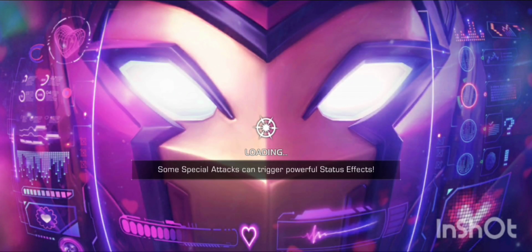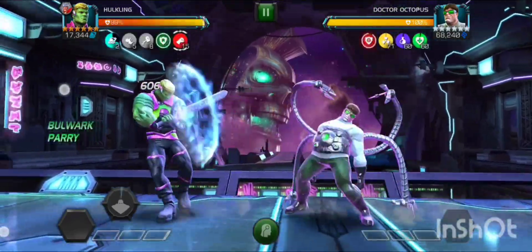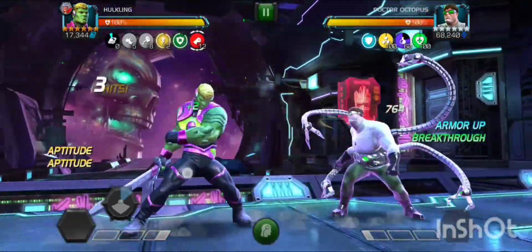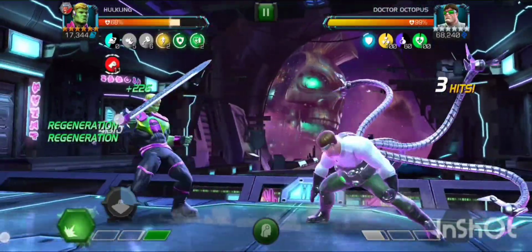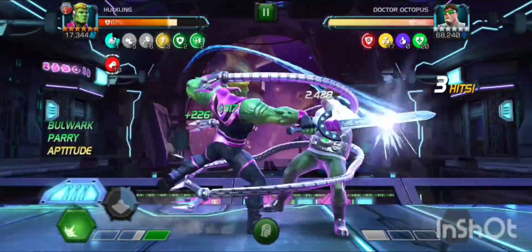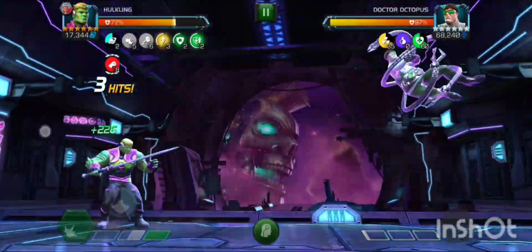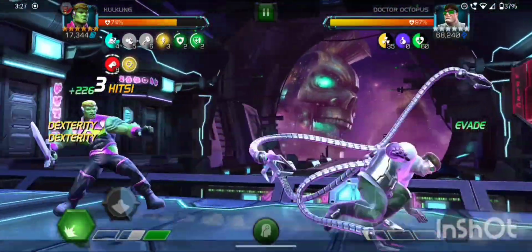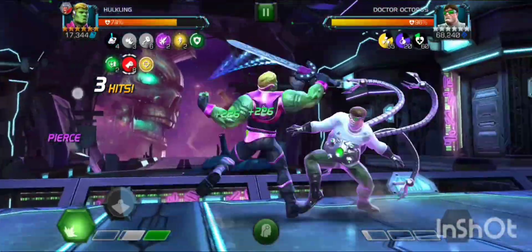Next fight which we have is with Dr. Octopus, and my plan was to keep him at the SP1 because his SP1 is easy to dodge and his SP2 gives so much damage, so I don't want to push him to the SP2. But here due to the Mix Master he kept